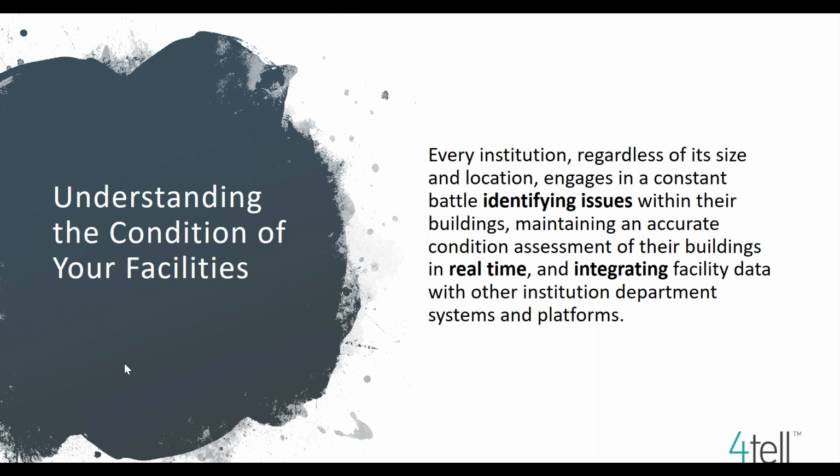It's very difficult at times to figure out what's going on in your buildings, but also how do you take the information that you do have and keep it updated in real time, and then put it together with the other institutional information, from the budget side, from the user side, and from the leadership side, so they know what's going on and what the cost would be. And I think Matt did a good job describing how the University of New Hampshire system does that. Next slide, Aaron.